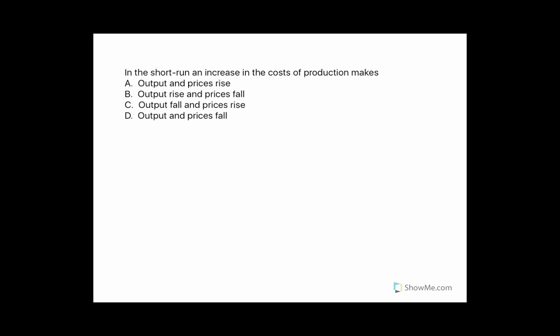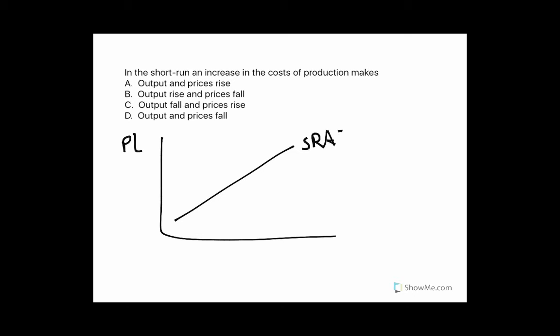Okay, this one says in the short run, costs of production increase. So what happens as a result? So we have, again, we can ignore the long run because the question just asks about short run. Now remember, in the short run, we assume that wages and other resource prices are fixed. So if costs of production increase, something in the production process becomes more expensive,